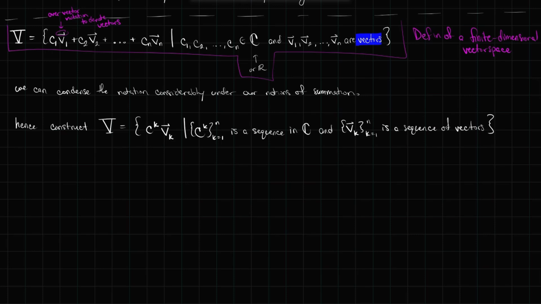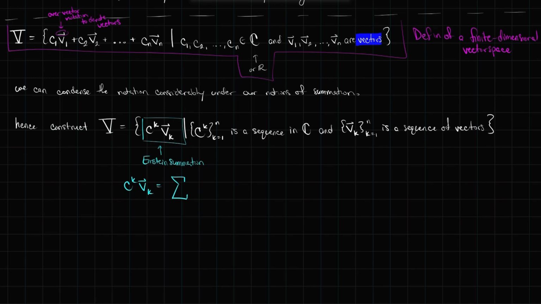And so because of Einstein summation, we can get away with that. Recall Einstein summation: since the superscript and the subscript are the same letter and they're indexed over the same set, going from 1 to n, then we can actually interpret this Einstein summation as Ck v vector k equals, well,